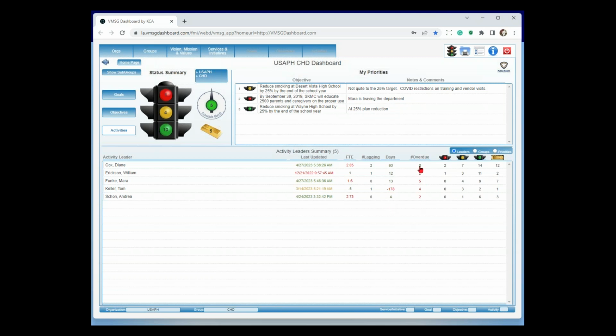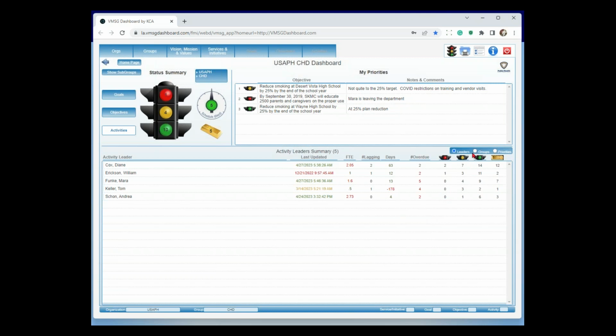Overdue says I have activities that are past the ending date of the activity and not yet 100% complete. And again, color-coded. And then the number of red, yellow, green, and gold. So if I snapshot across one person here, I get a good feeling for how that person is performing against the plans that we've assigned them. Now I've got 2 other views in here.